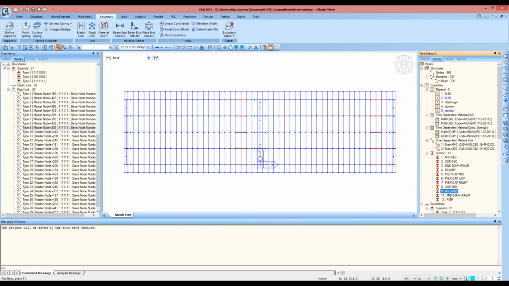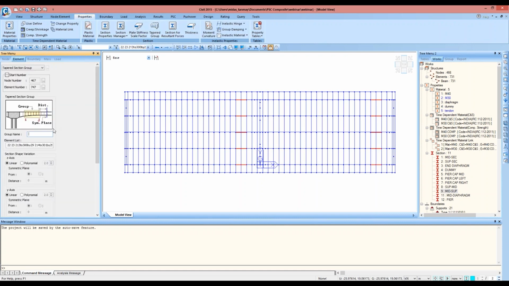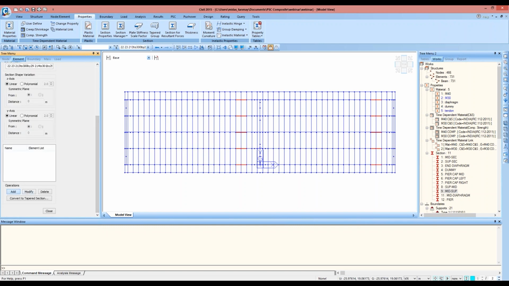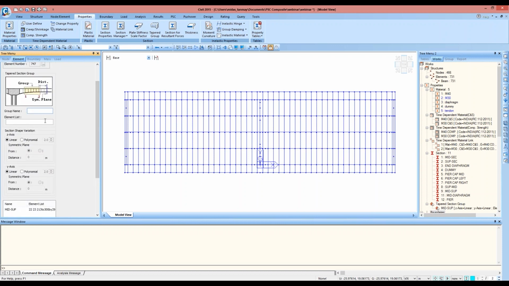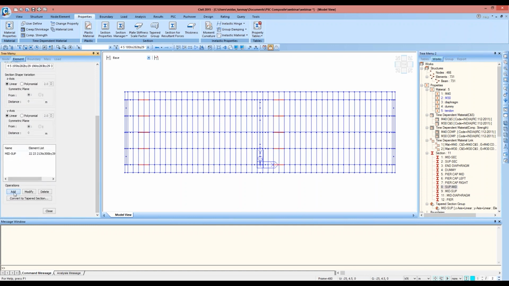Now I'll define the tapered groups. For doing that, I'll go to properties and tapered group. I'll define this one as mid to support and add. Next, for support to mid, select the members from here and add.